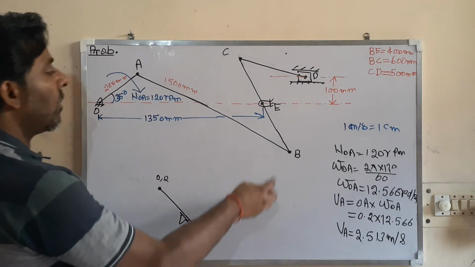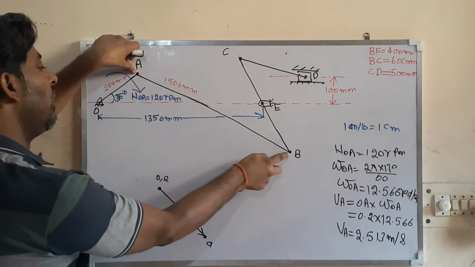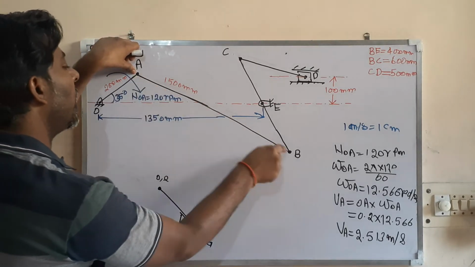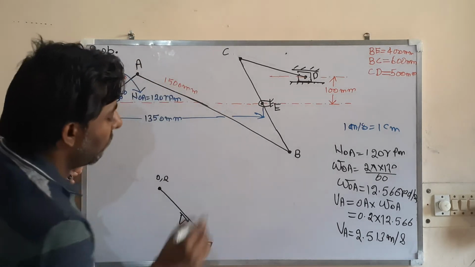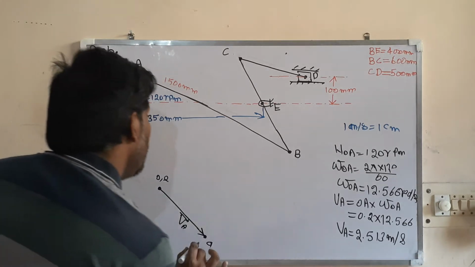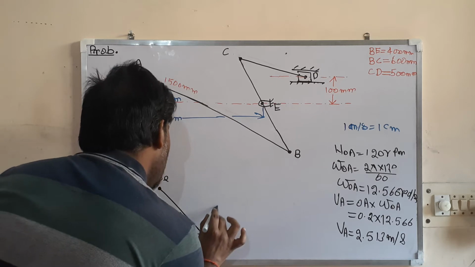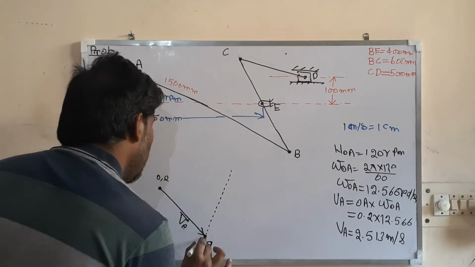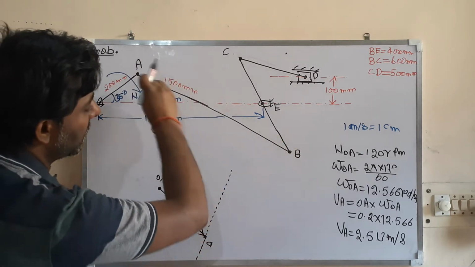So when you are looking at point B by sitting at point A, then the velocity of point B with respect to A will be perpendicular to AB. So AB के perpendicular आप लाइन ड्रॉ करेंगे. आपने A से देखा तो A से ड्रॉ करेंगे. Perpendicular to AB. Draw a line just perpendicular to AB.